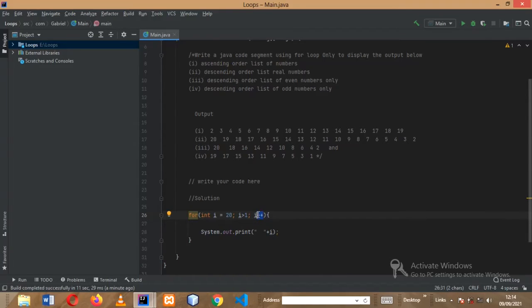So it should decrement by 1. So we're going to add a decrement sign, that is minus,